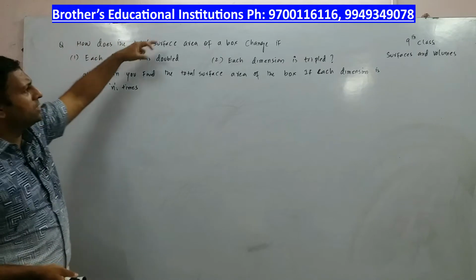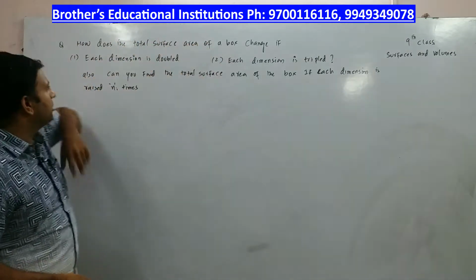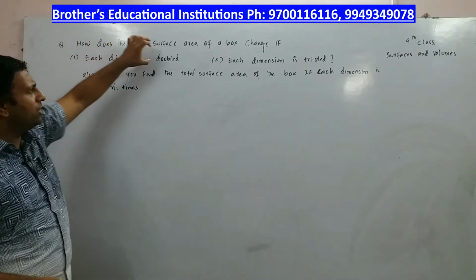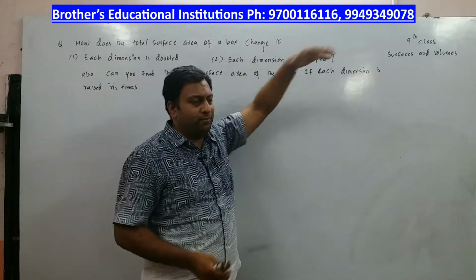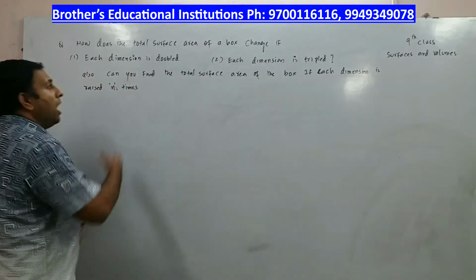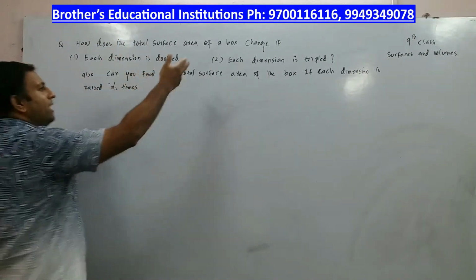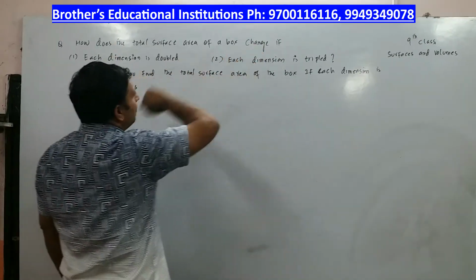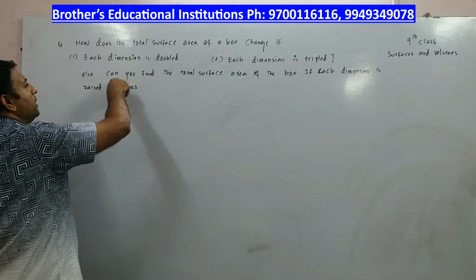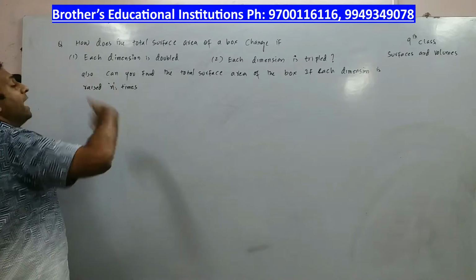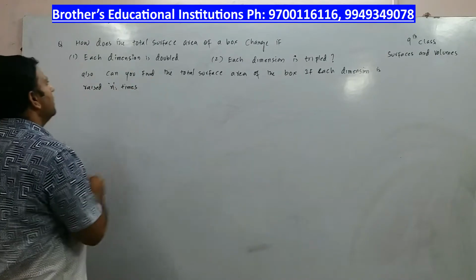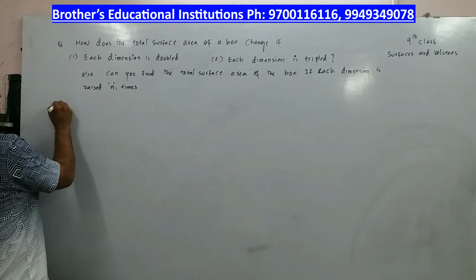how does the total surface area of a box change if each dimension is doubled? First bit, each dimension is tripled, right? If the dimension is doubled, how will it change the original area? If the dimension is tripled, how will it change the original area? Also, can you find the total surface area of the box if each dimension is raised n times? We will handle that later. Let us try to consider